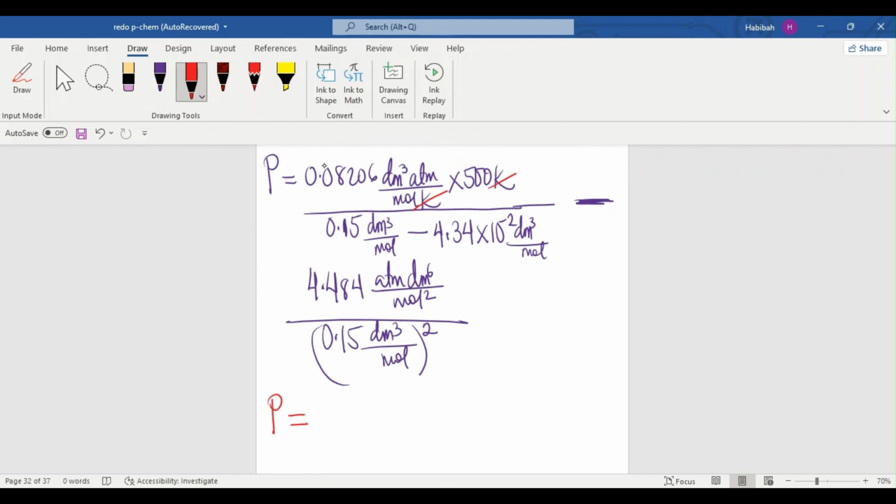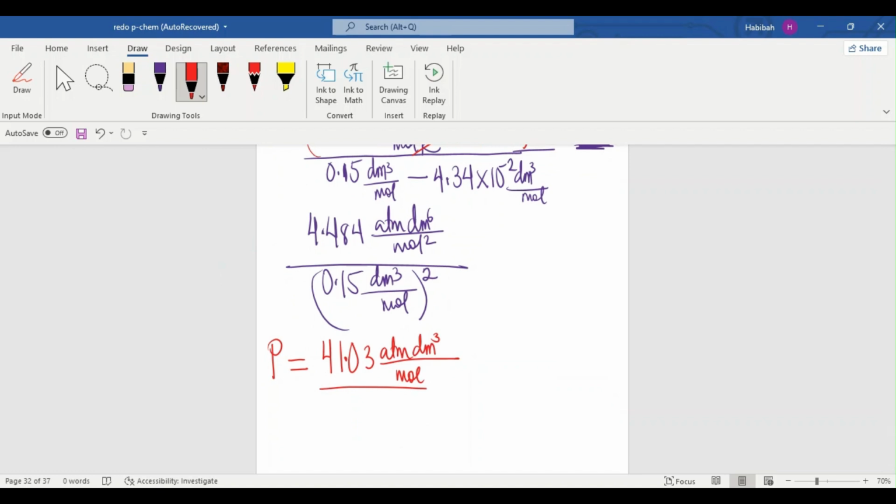So next I work with the numerator right here. 0.08206 times 500 will give me 41.03 atmosphere dm³. Of course, I'm just rewriting the rest of the units, per mole. So that's the first one. And then you've got the denominator, which is just 0.15 minus 4.34 times 10 to the power of negative 2, which is just 0.1066 dm³ per mole, minus